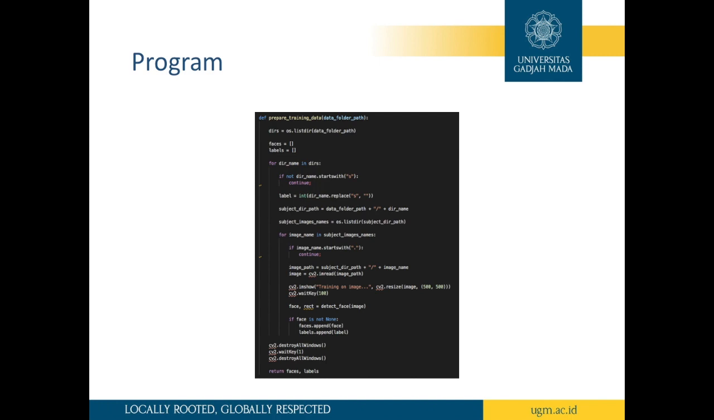and next we define a function for training data. So as I said before, I provide a dataset from the MR2, which is a multiracial face database, including men and women from European, African, and East Asian. And in this function, we will try to train the photo, I mean the image,